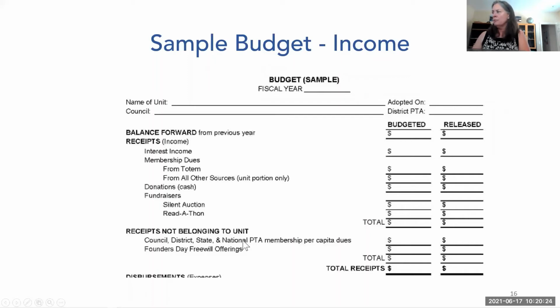And then this is showing the piece that you're going to send on to the next level of PTA, whether that's your council or to 9th District. And then Founders Day is if you are doing a Founders Day event and you ask for, we call it, a birthday gift for PTA. And then when you collect that, again, you send it up to the next level of PTA. State PTA uses it for scholarships for high school students, volunteers, teachers. There are some continuing education scholarships and such that state PTA does.